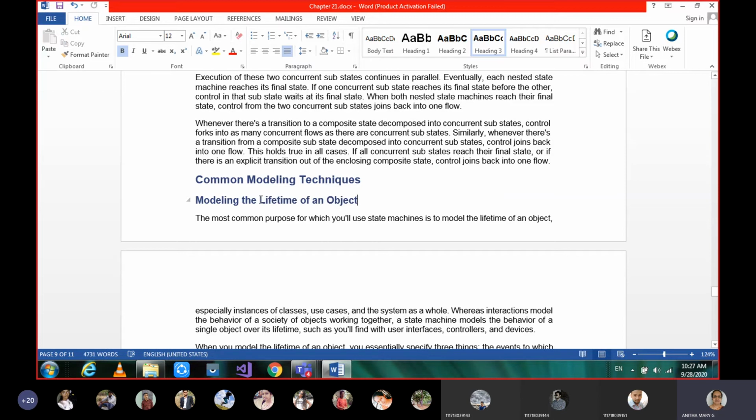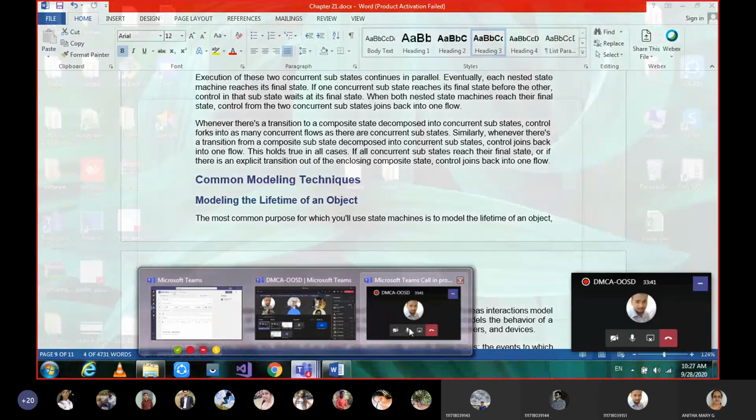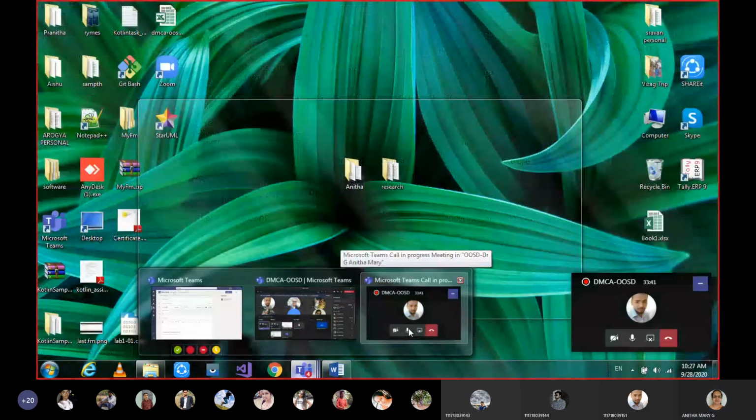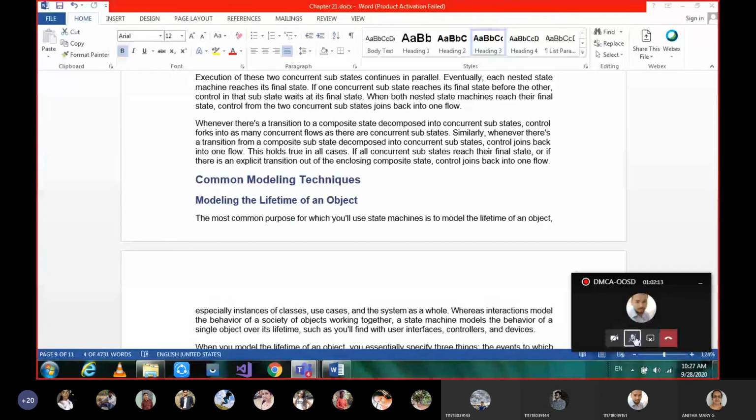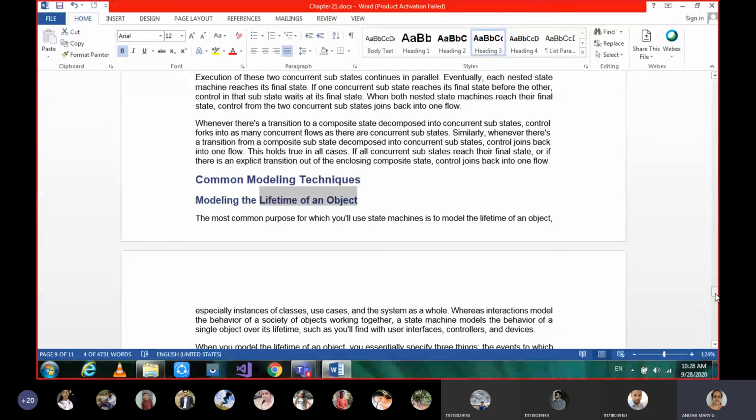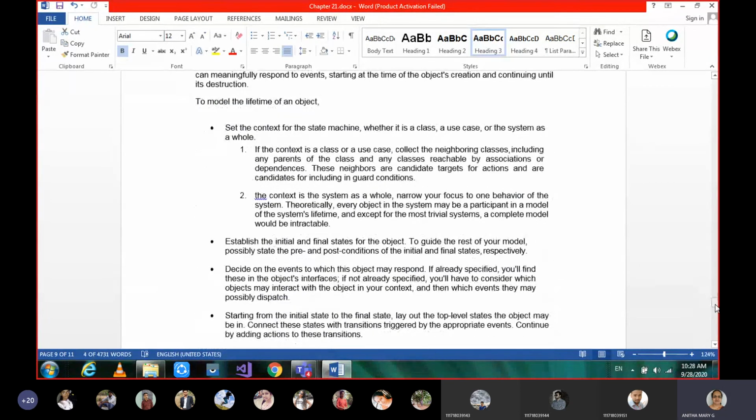Okay, the other day I was telling you, modeling the time ordering of objects, that is the sequence diagram. Modeling the organizational structure of objects, we can call it the collaboration diagram. Okay, so lifetime of an object is nothing but the state diagram. Whatever terminology we have learned till now, all of it can be applied.